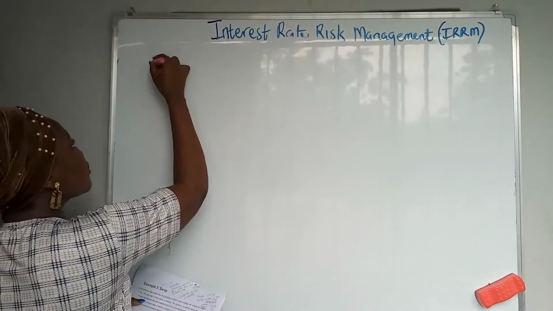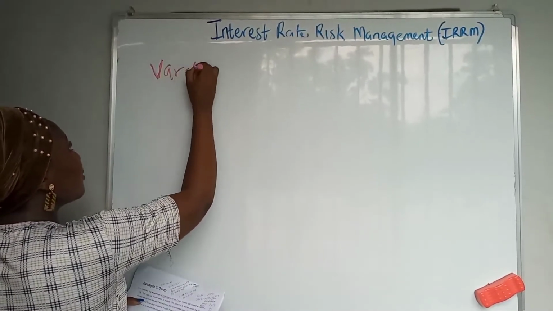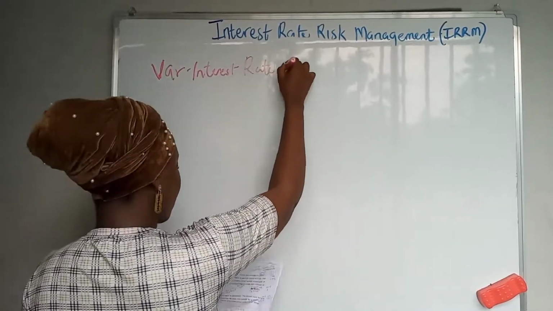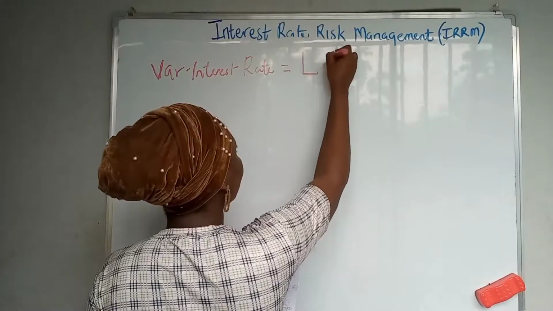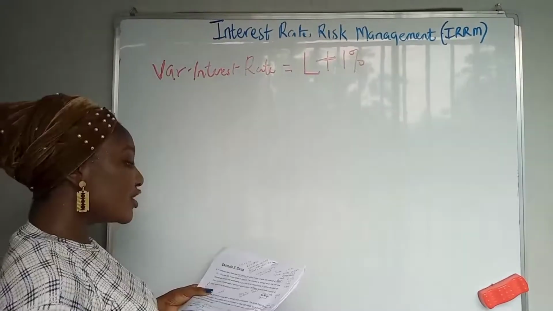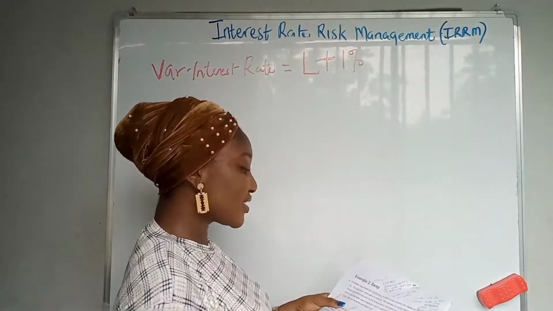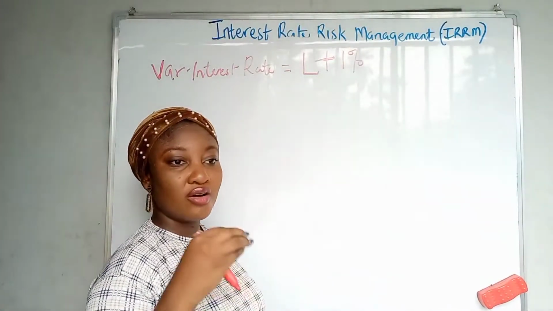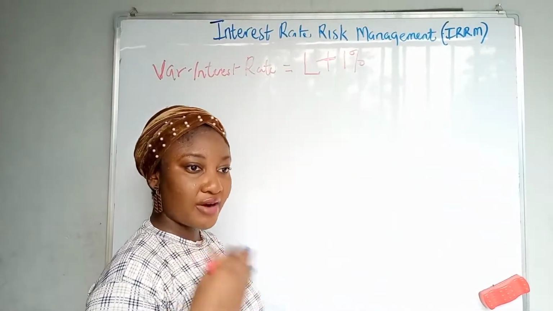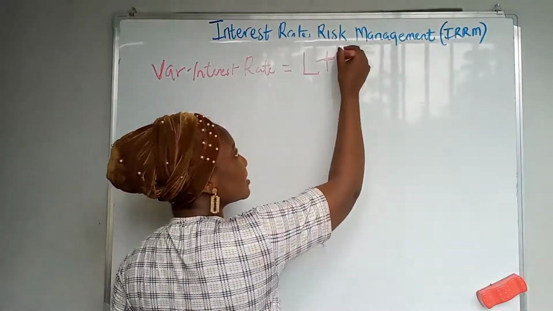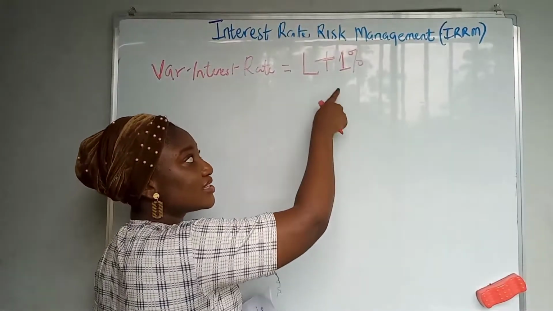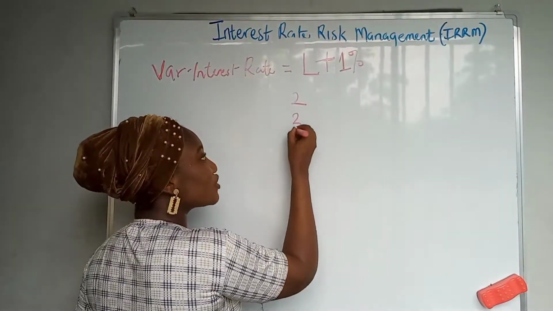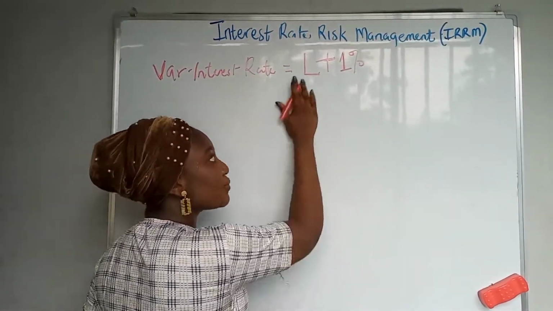So the variable interest rate of that company is equal to what? LIBOR plus 1%. So the company is worried about the risk that interest will soon rise. And the company is very right to be worried, because this is an interest rate, and if LIBOR keeps rising, it will keep adding plus 1%. If LIBOR is 2% now, then it rises to 3%, 4%, their interest will keep rising, unlike if it's a